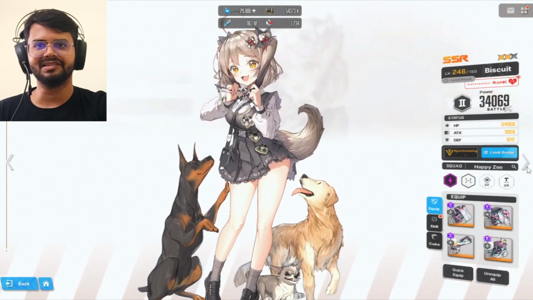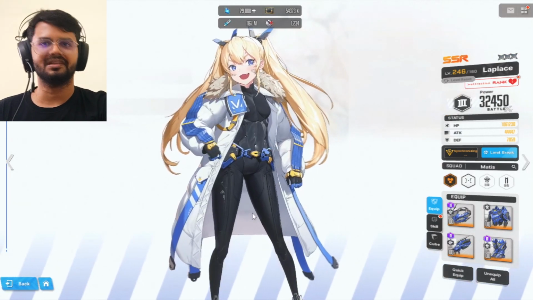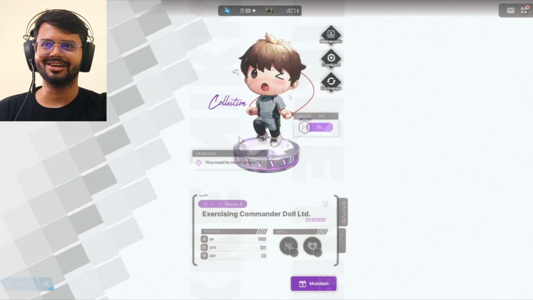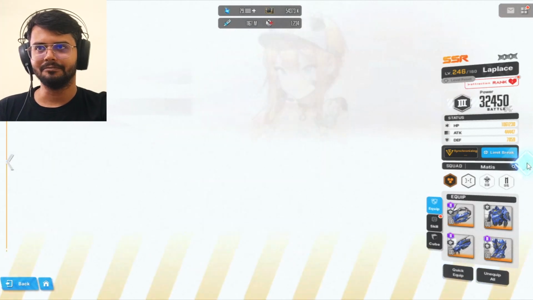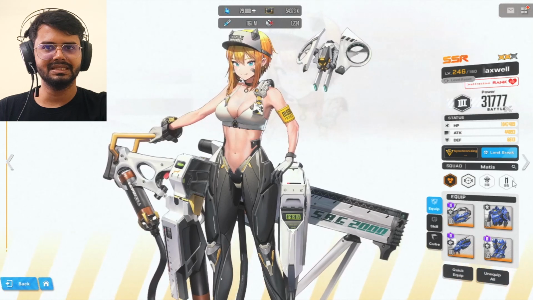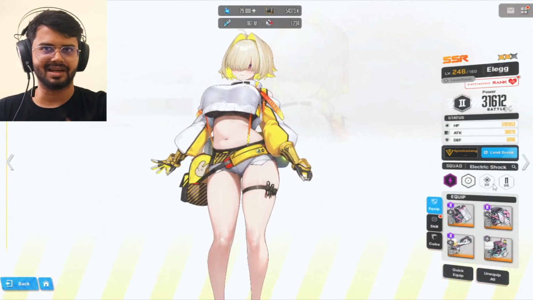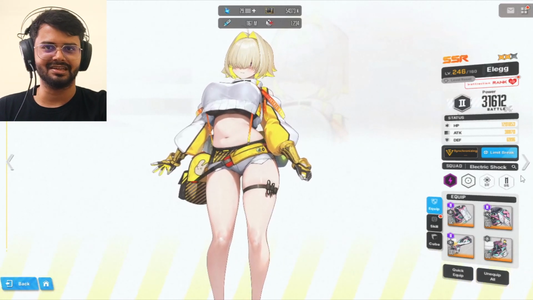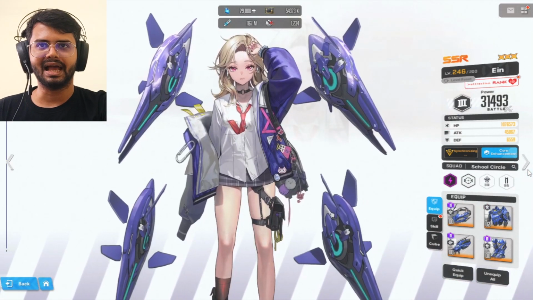Then we have Biscuit. Oh, I got Laplas today. Today actually. So I put a doll on her, and I'll just wait to limit break her and maybe get her favorite item. So yeah, Maxwell. You can see from here onwards the characters are a little under leveled, or rather their gears are not good. So yeah, Eleg, we have Ain,